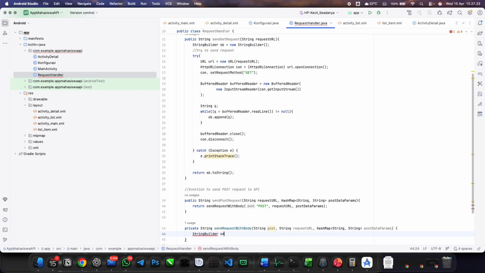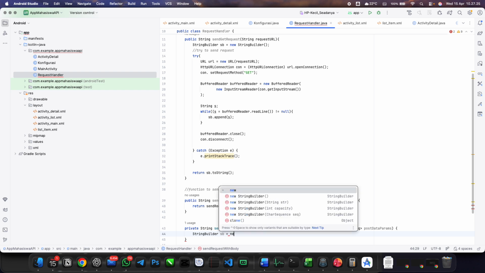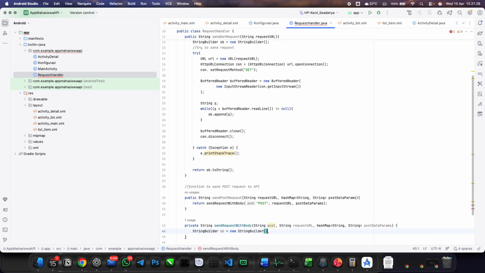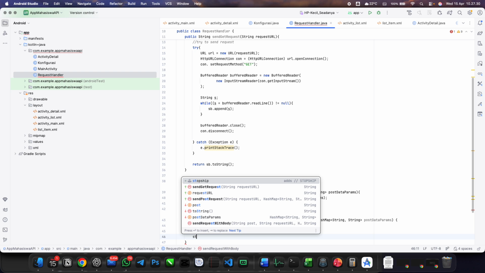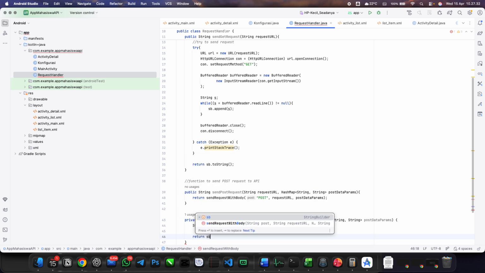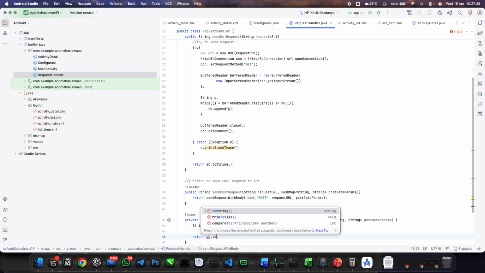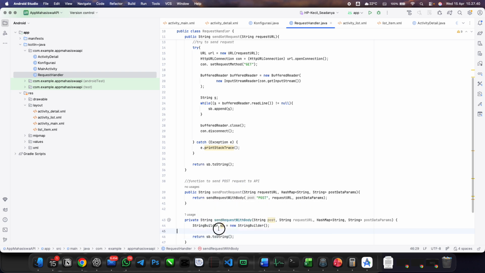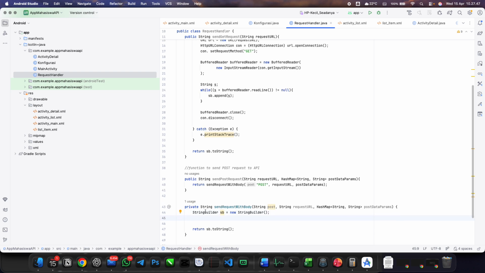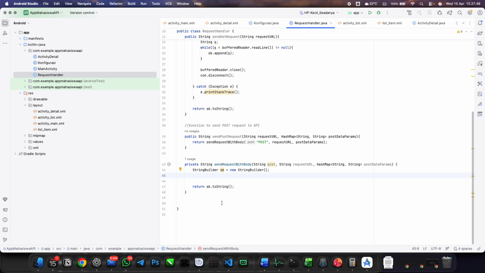We call it SB, a new string builder. I just make it like this to make it not error. Yeah, I know you are very sensitive to red squiggles in your code, but it is okay. Error is a friend. Try.